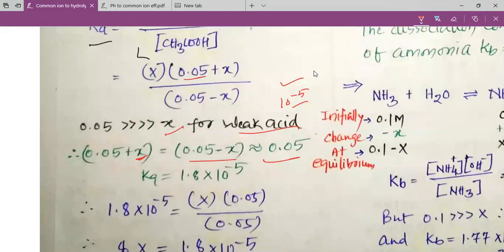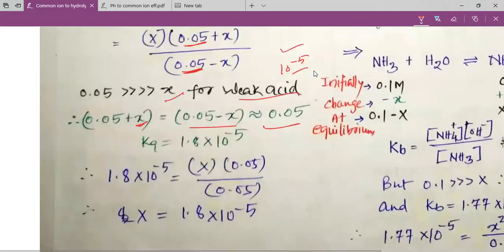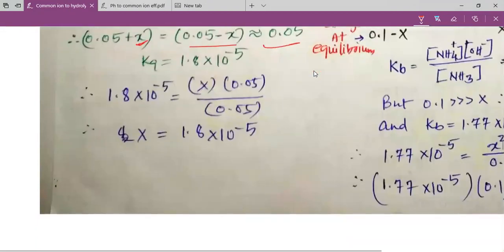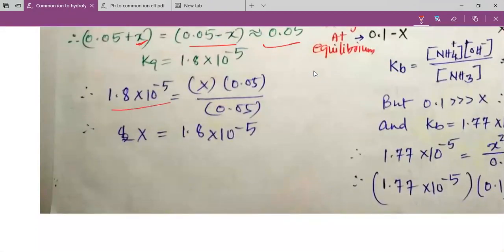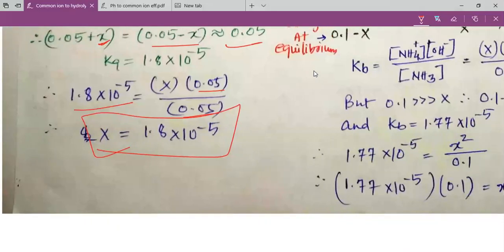So here we will have the value only of 0.05. Here also we will write the value 0.05. So finally Ka would be X into 0.05 divided by 0.05. And the value of Ka is 1.8 into 10 to the power minus 5, which is equal to X into 0.05 divided by 0.05. This division gives us 1, and therefore X is equal to 1.8 into 10 to the power minus 5. So my dear students, this is the concentration of our H plus ions, and on the basis of that we can